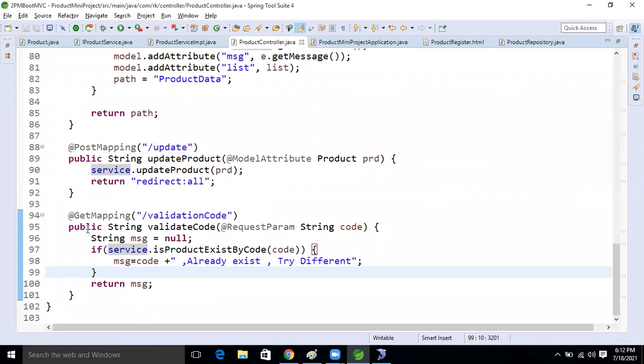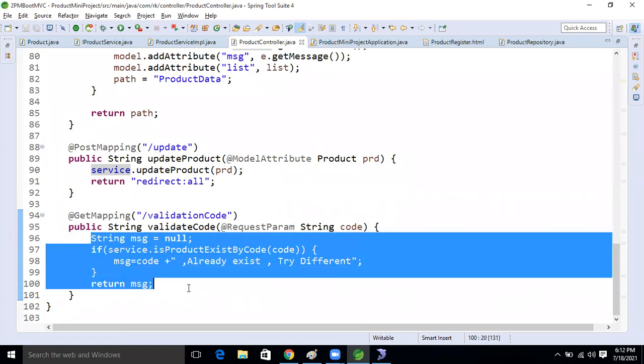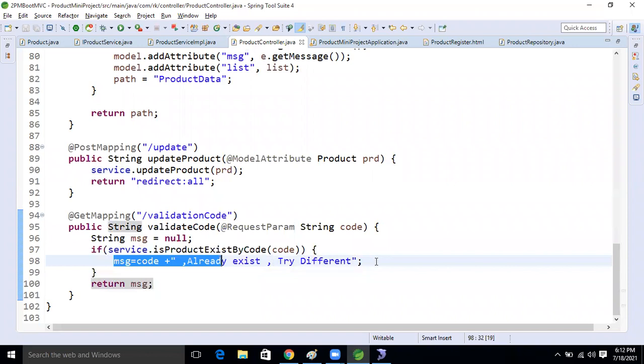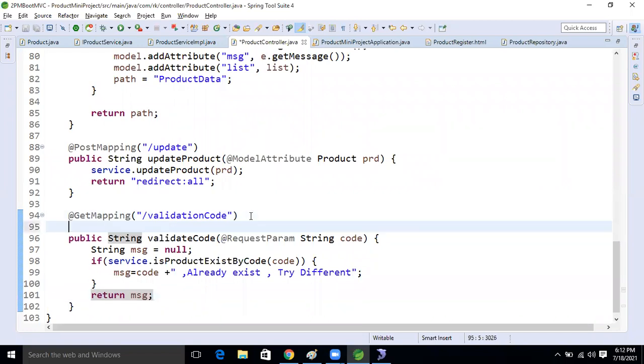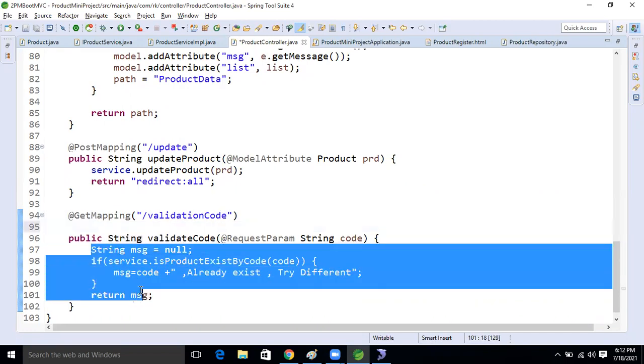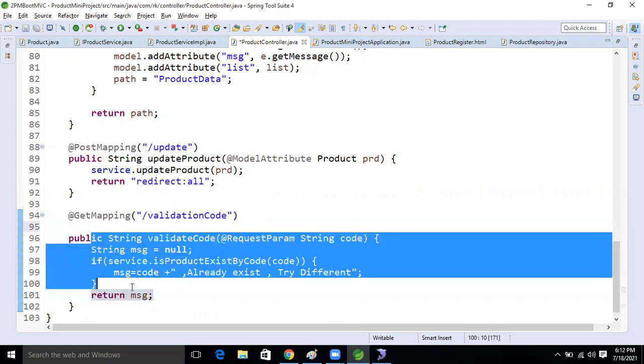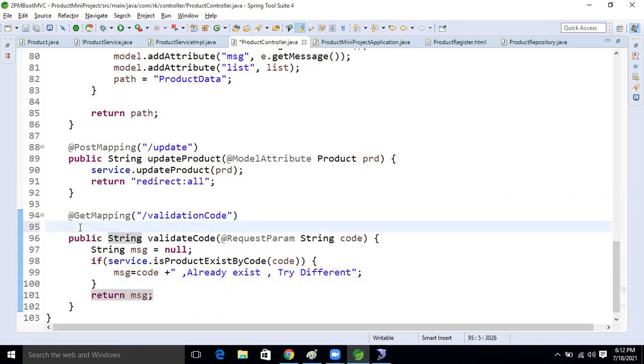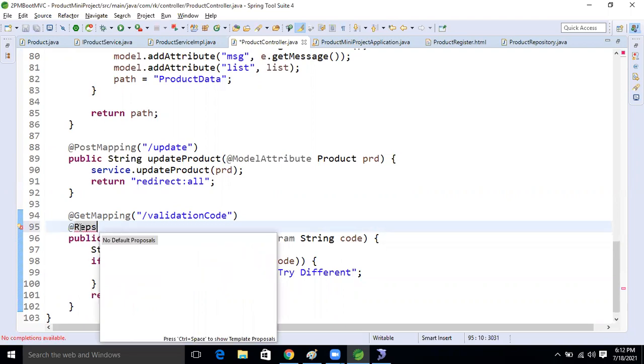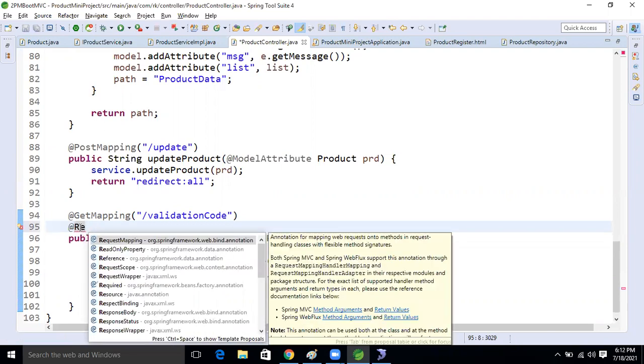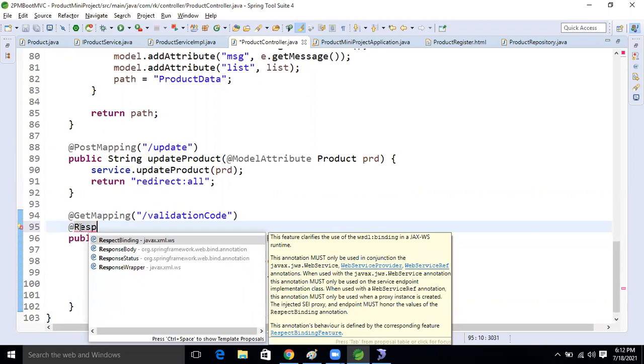So what we will do now is store this message in the context memory. We will pack that message in the context memory, and later we will read it. Here there is nothing more than one annotation: the response body annotation.